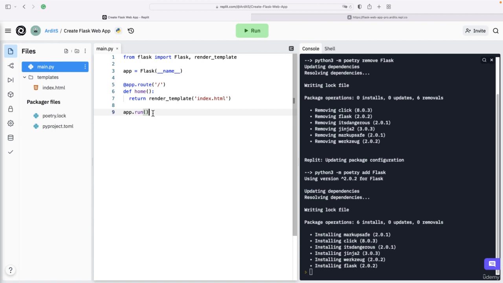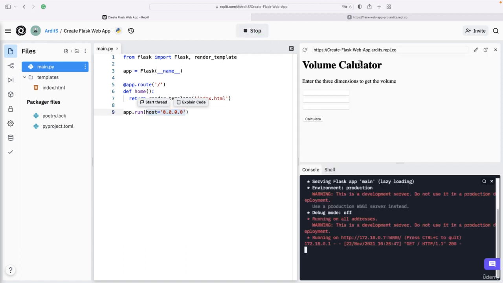But if you are using a REPL, you need to change the host to a string which is 0.0.0.0. You don't have to add this if you are on a local computer. But REPL is a bit special, so it has to serve the application on this host IP address. Now I can run this,